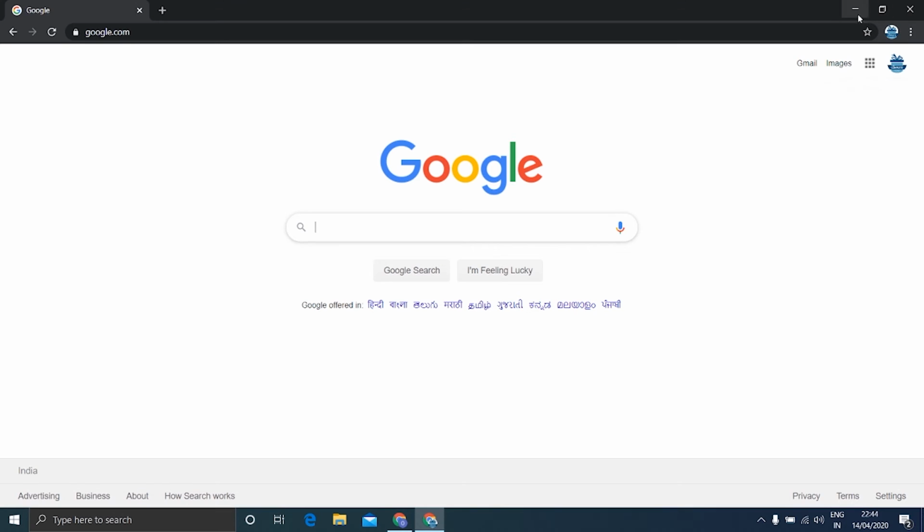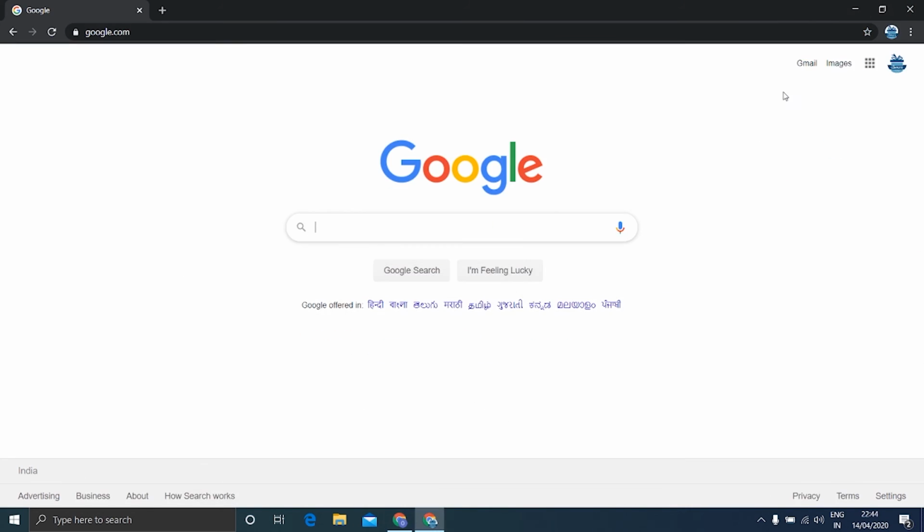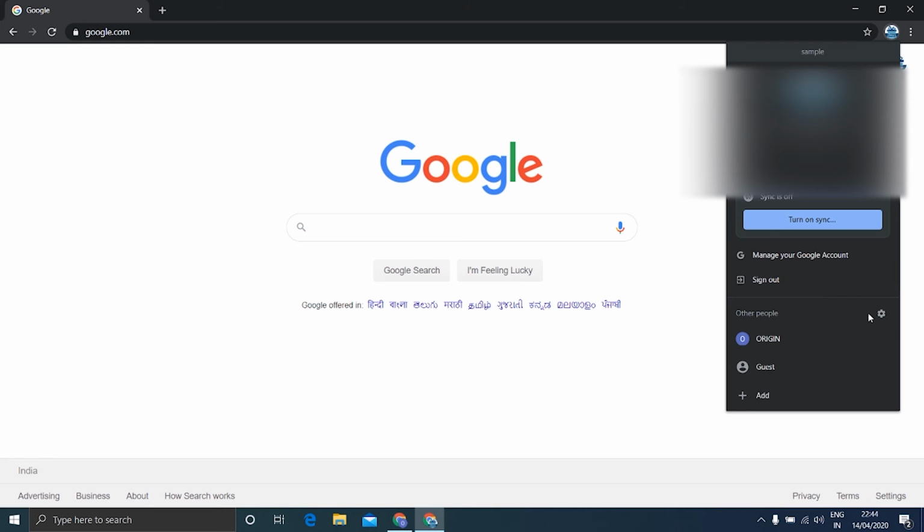So now it is loaded. As you can see, I have two Google Chrome windows with different Gmail IDs. So this is very useful. If you want to access Gmail, you don't need to sign out of the other account. So this is the basic use of multiple users, and there will be some history maintained in both accounts